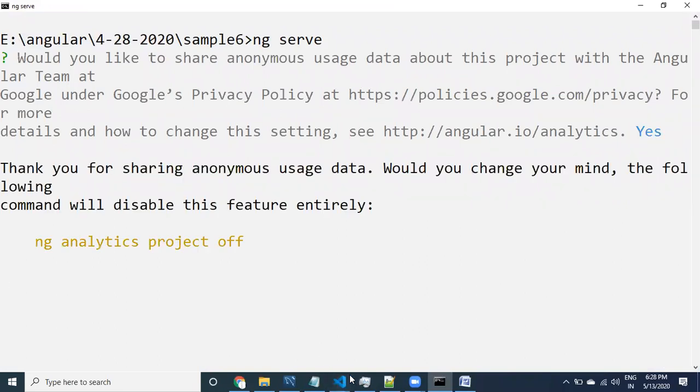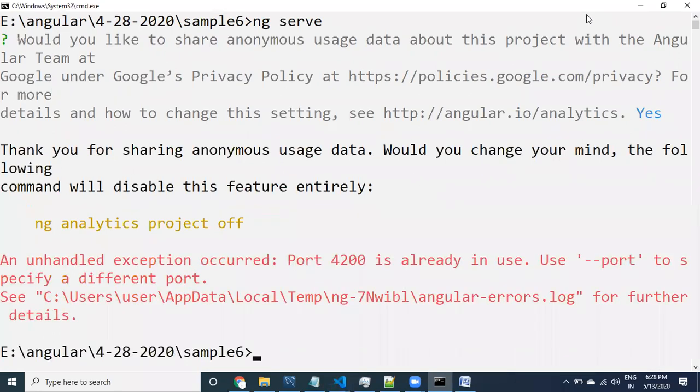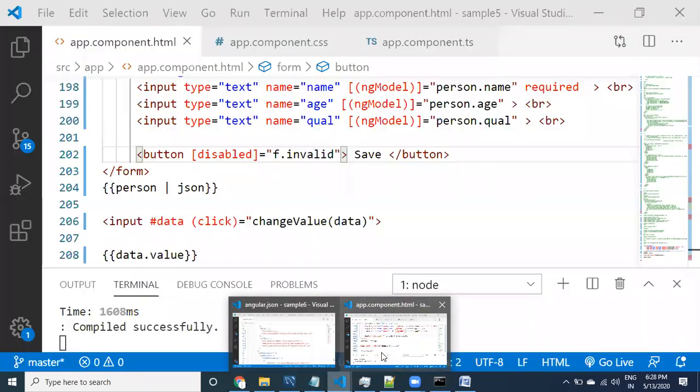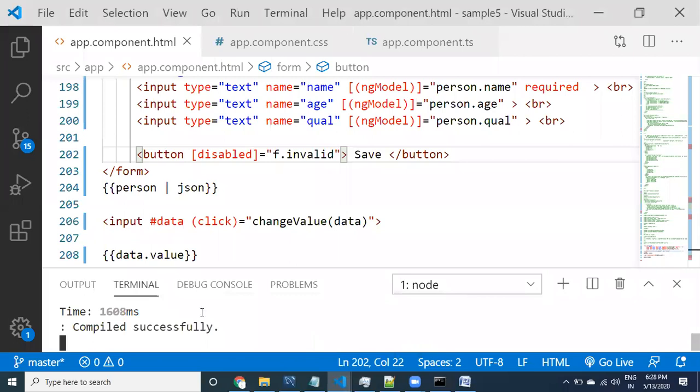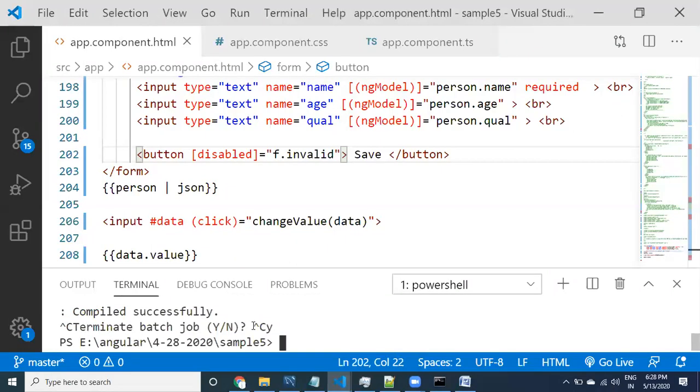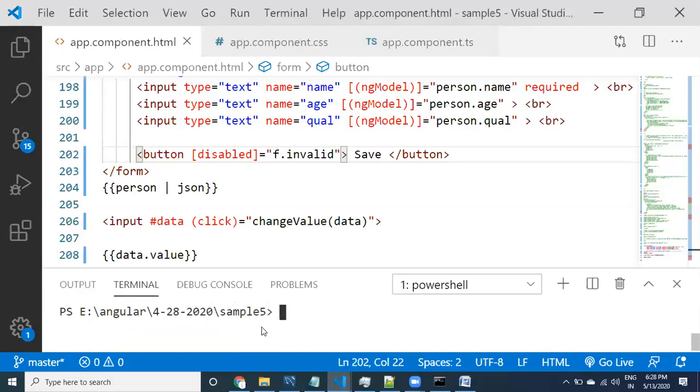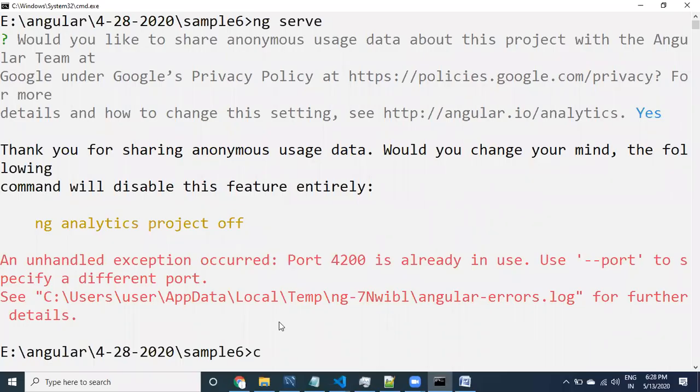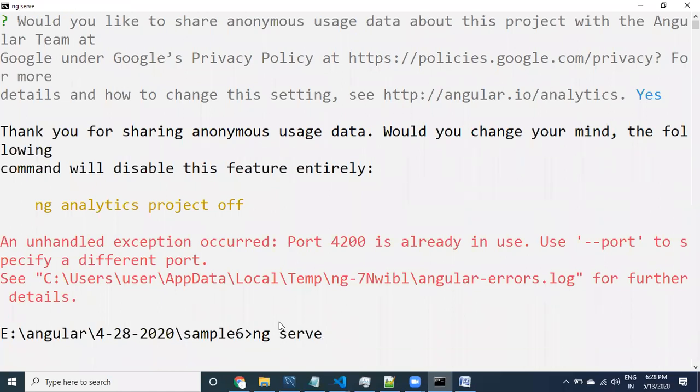Yeah, Sai Ganesh raised a hand. Can you please? Okay, sorry, 4200 is already working somewhere. I'm running it here itself. I already told you, right?